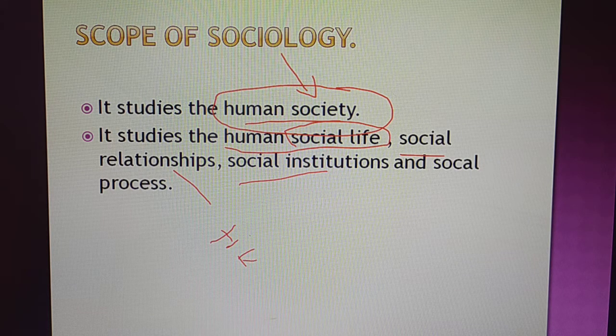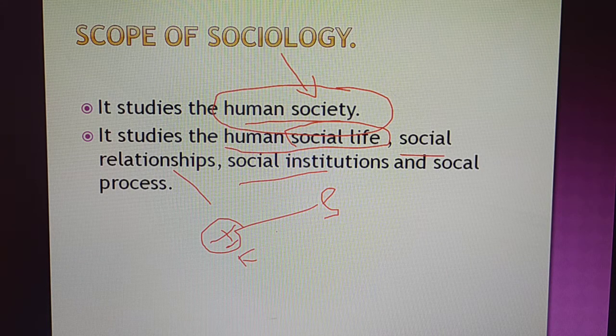Next, how the relationship is between the individual and society, what kind of problems are there, and how social problems occur in the family, so that there are differences between family members. Certain problems are taking place, like terrorism, which is also a social problem. Poverty is a social problem. These are studied in a subject called sociology.